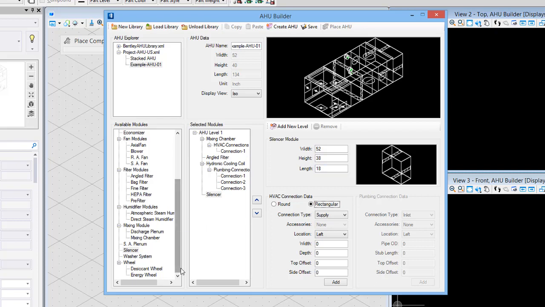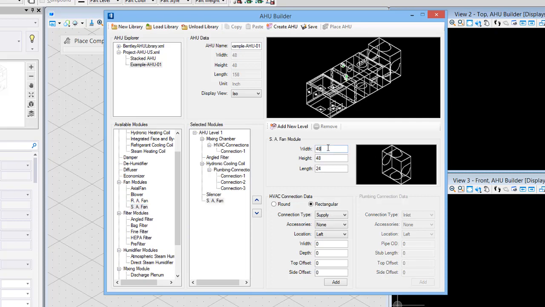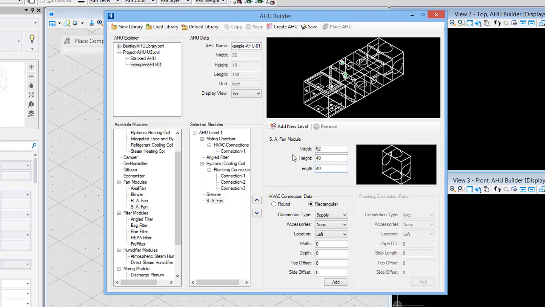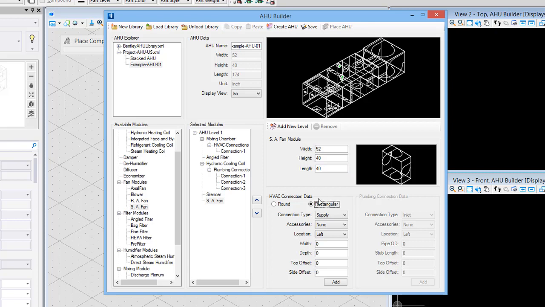And then finally, the supply air fan. So right here we have fan modules. I'll double click on that. The dimensions for it in my example, 52 by 40 by 40. And then we will have a duct connection, so it'll be a supply connection, rectangular. This is going to be on the right